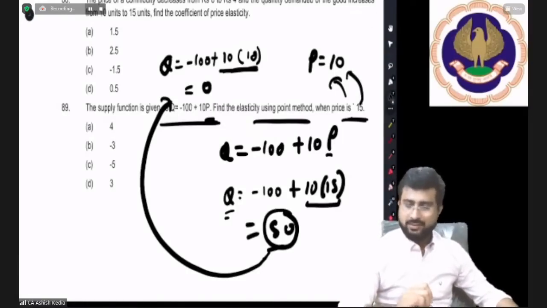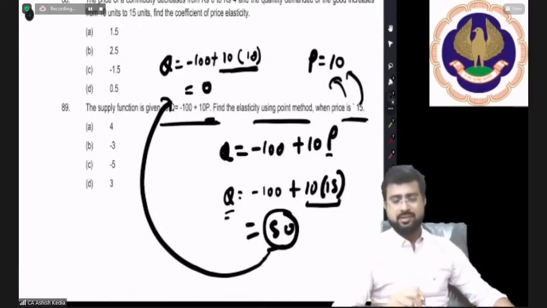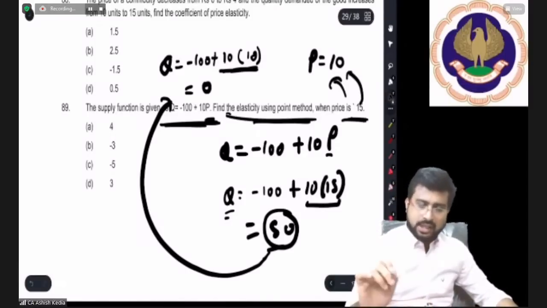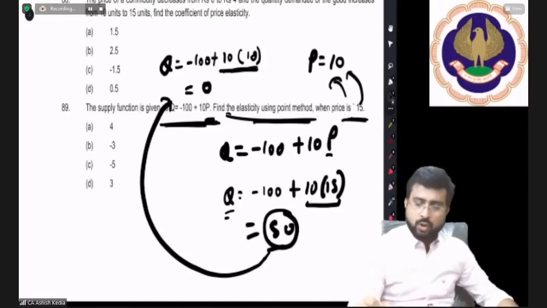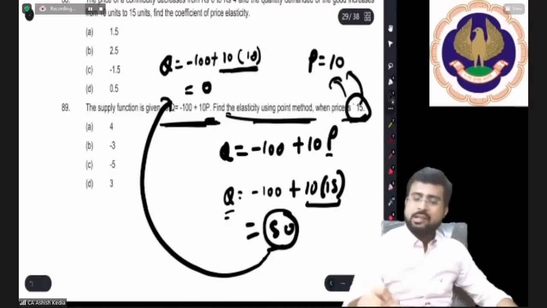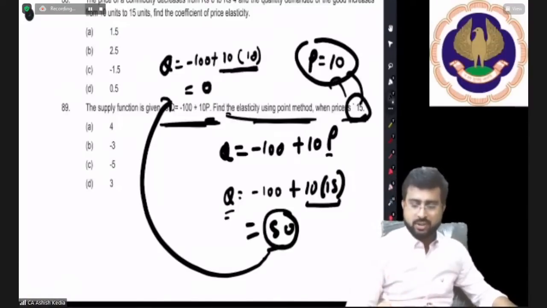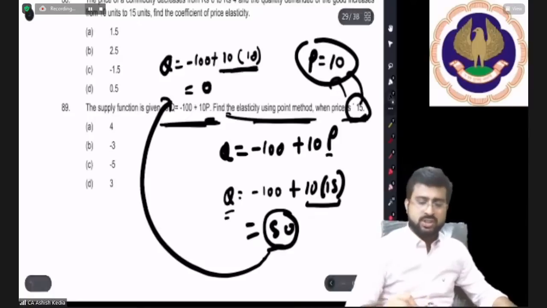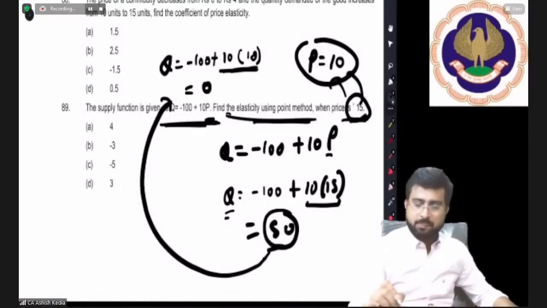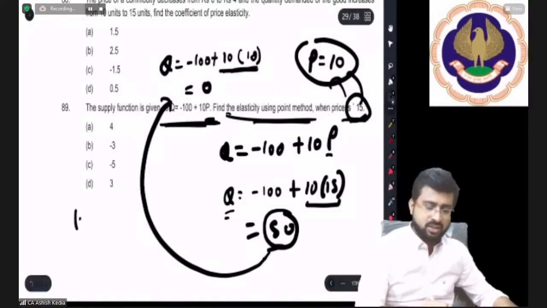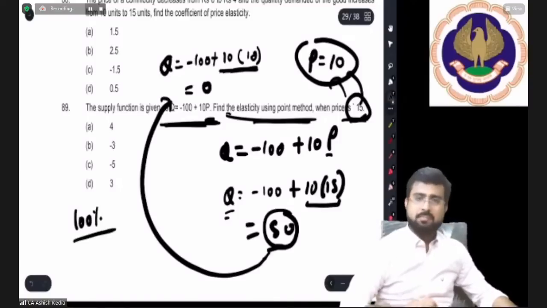Okay. Yes, sir. So now, sir, you tell us this particular thing. Okay, you have seen it. What is happening, sir? How do we estimate elasticity? Because they have done it. I'll tell you how to estimate elasticity. They have given a price of 15. I have taken another price of 10 just to estimate. So the change in quantity is by how much percent? You see, 50 gone to 0. So its change in quantity is 50 and the percentage change is almost 100%, minus 100%, because